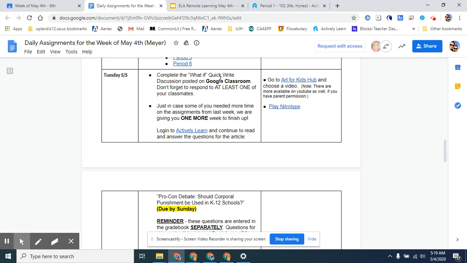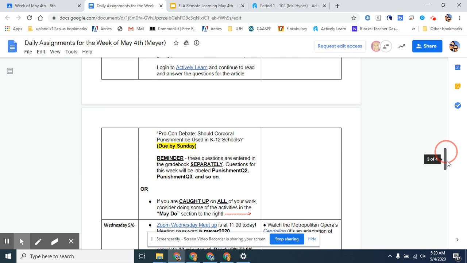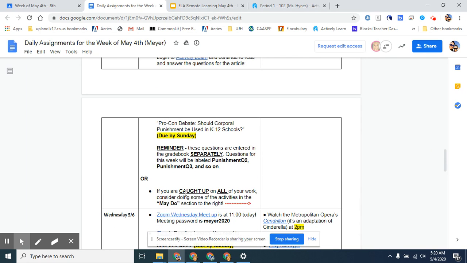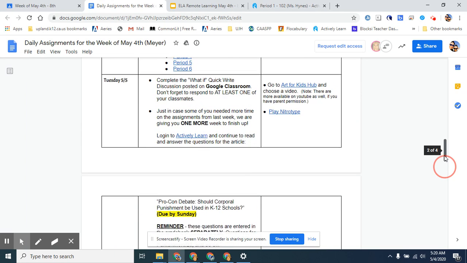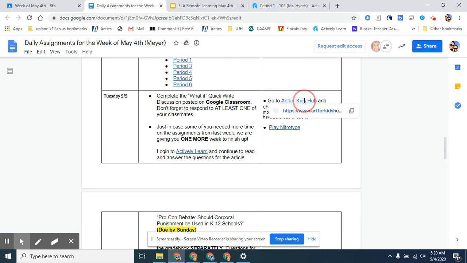And then after you've done your quick write, if you did not finish the assignment on Actively Learn last week, so that was this pro-con debate one on corporal punishment, if you did not complete that, then you have this week to work on making sure that that gets done. If you did already complete that, you're kind of caught up on all of your work. We put a reminder for you down here that if you're caught up on all your work, you can do some things from the may do section, which are over here to the right. So like if I scroll up, these things in this section right here,